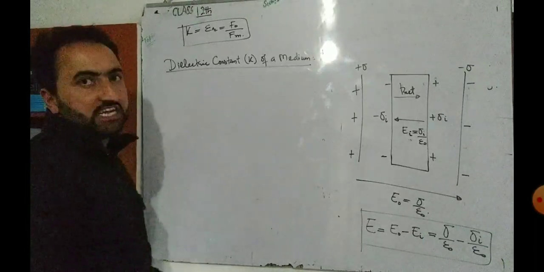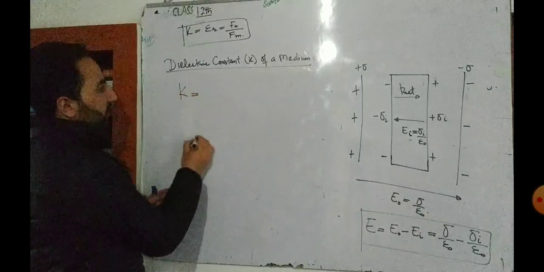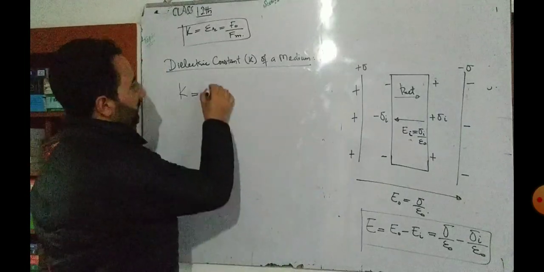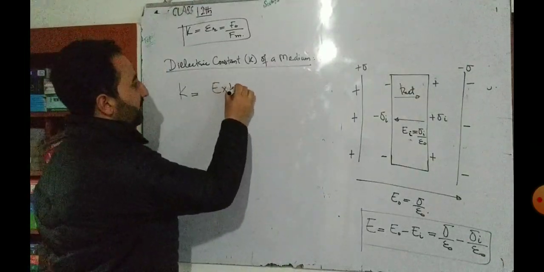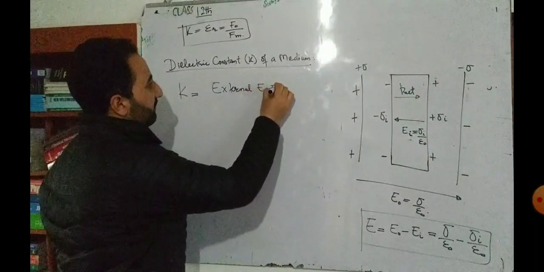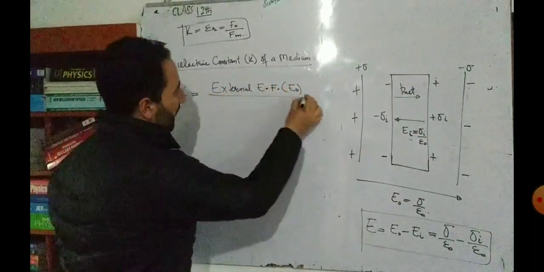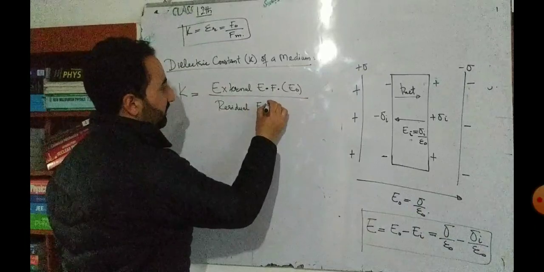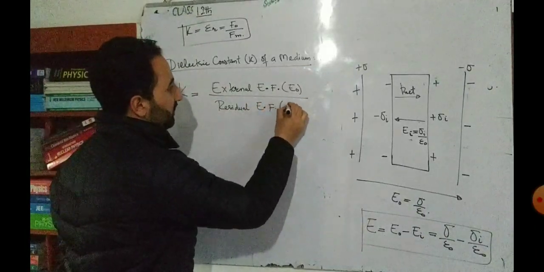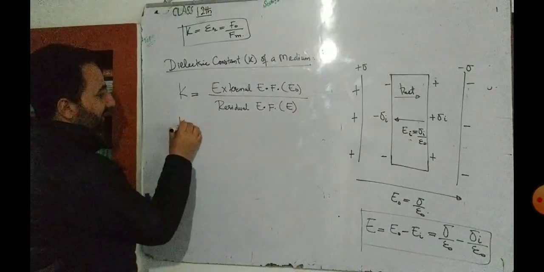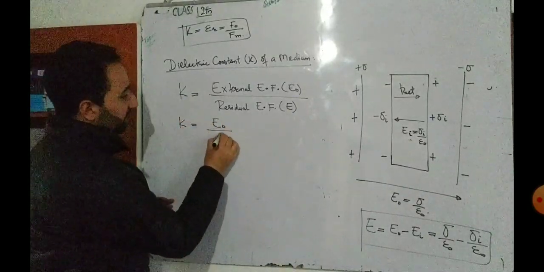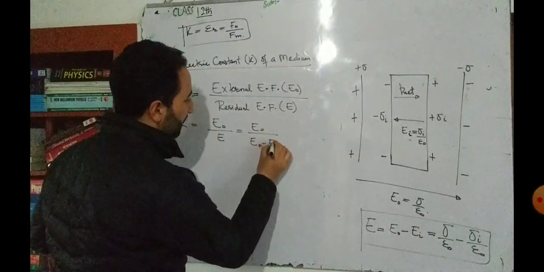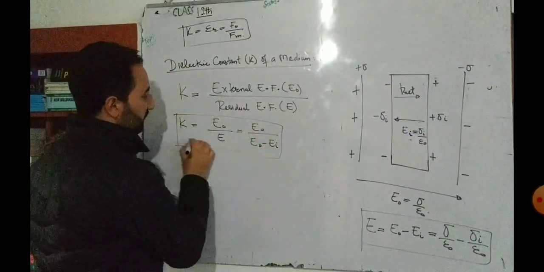अब ध्यान रखो बेटा. How do we define the dielectric constant? Simply it is defined like this. K is equal to, it is defined as the ratio of the external electric field, or applied electric field, which is E naught, divided by the residual electric field or net electric field, which is denoted by E. ठीक है ना बेटा? So simply it's like this. K is equal to E naught divided by E, and E in turn is equal to E naught minus E I, where E I is called the induced electric field. So this is equation number one.